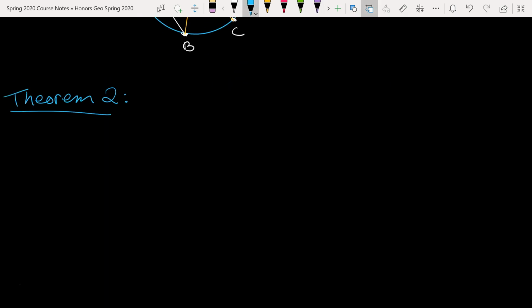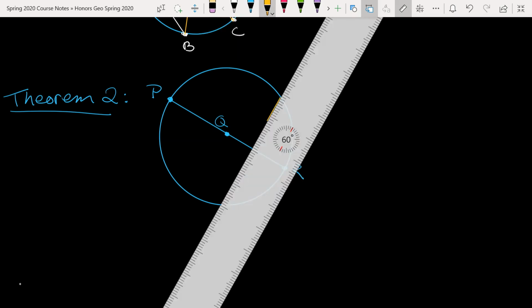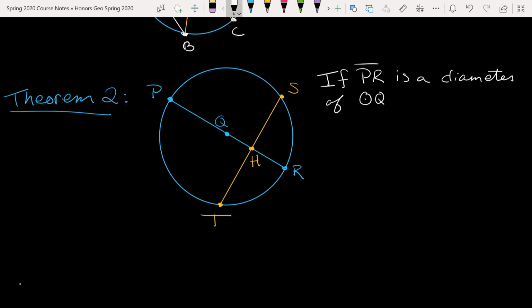Here's how we set up this theorem. Let's say we have a circle, Q in this case, with a diameter, PR. Now we're going to add something else. We've added in chord ST. Let's mark the point on the diameter where ST intersects it. We'll call it point H. Given that we have this diameter, PR, in circle Q,